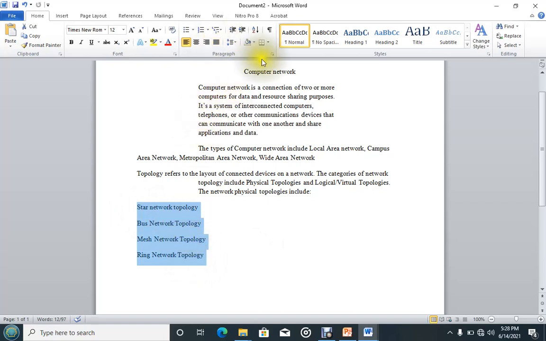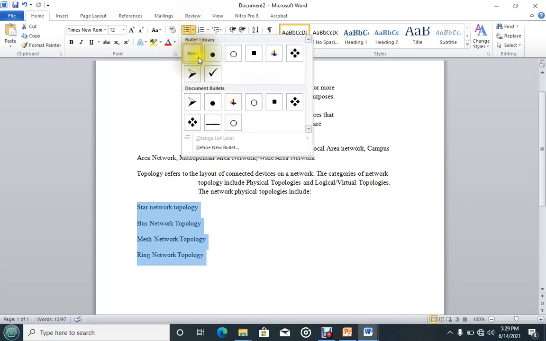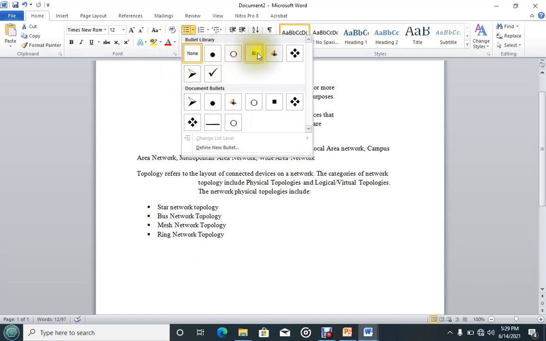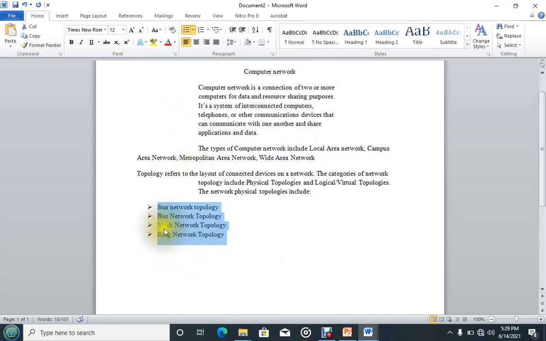Then still under paragraph here, this is where we find the bullets, this one here, and this one is for numbering. So in case I want to use some bullets, I can come and click on that arrow next to the bullets. Then you select any style of your choice that you may want to use. So you can see what we are having in there. So those are the bullets. When you click on one, it will be applied.